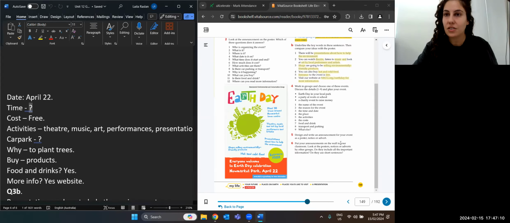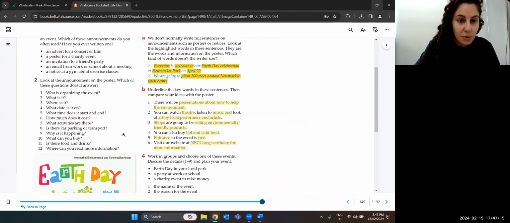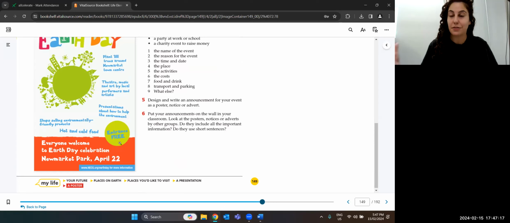How much does it cost? So usually people want to know, do I need to pay something or is it for free? This one says entrance free. So it could say free entrance, or maybe it says $10 per person, or gold coin donation. Sometimes when you go to an event, they just want you to put maybe $1 or $2. They call it a gold coin donation. So I know that this one's free. Good. I don't need to pay anything. I can go there for free.